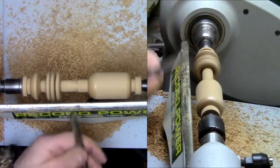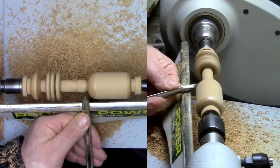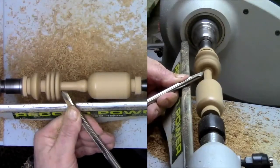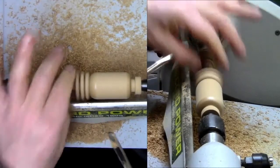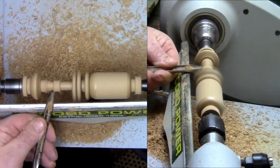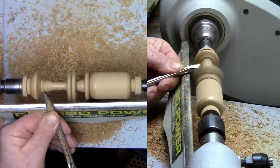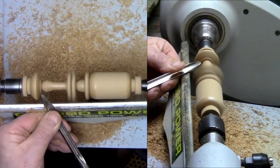And we can now go back to the spindle gouge and create a long cove. There's a half bead up near the handle, and then with the tool locked in my side, I'm just creating a long cove down to the centre of the captive ring area. Move the rings over to the right hand side so that we can use the tool on the left hand side, and take the material down to the desired diameter on the dowel. Another half bead there going into the head of the rattle,